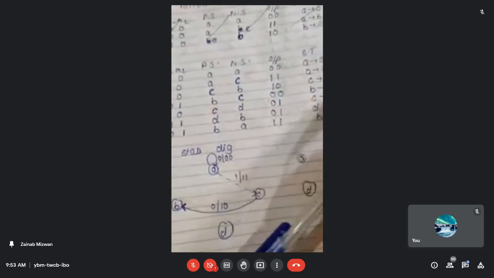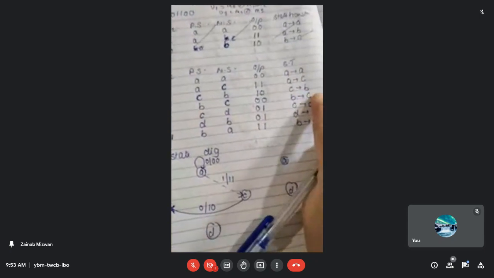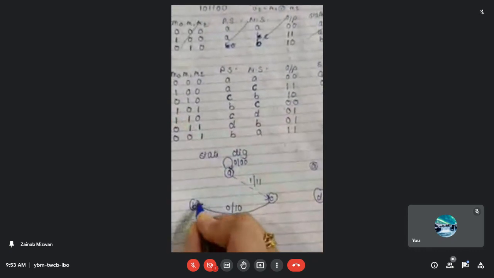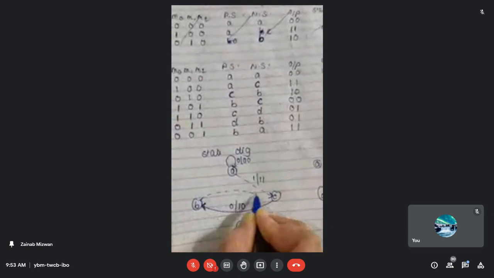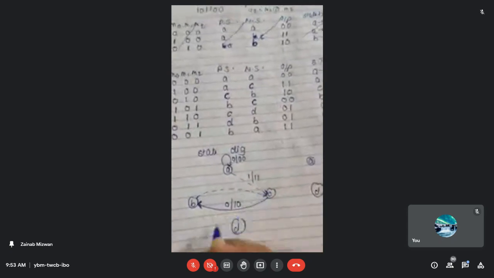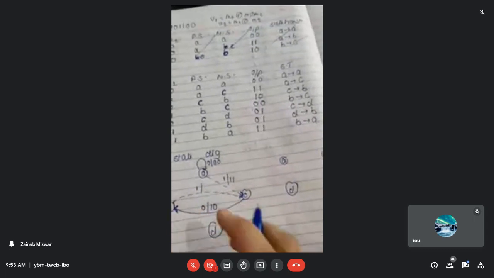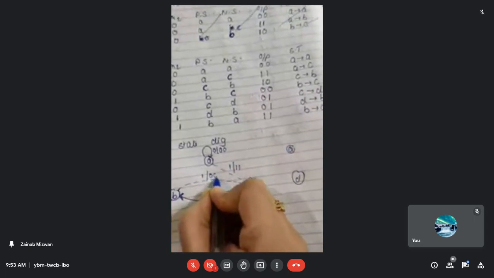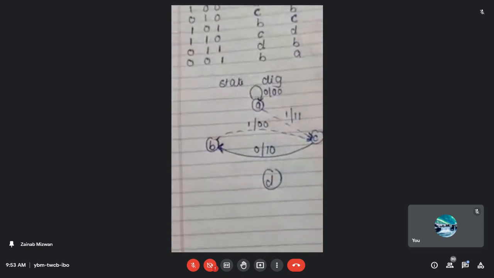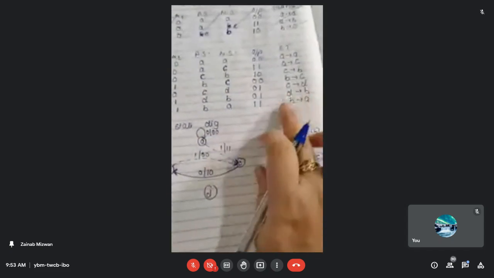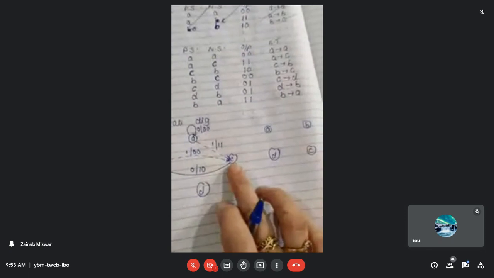Now we are at state B. From state B we are moving to state C, but the input is 1 over here. So I am going to draw in this particular way. When the input is 1, we are again moving from state B to state C, but here the output is 0 0. So again I am writing 1 slash 0 0 over here. This is the state diagram. Now we have come from B to C, and again we are at state C.